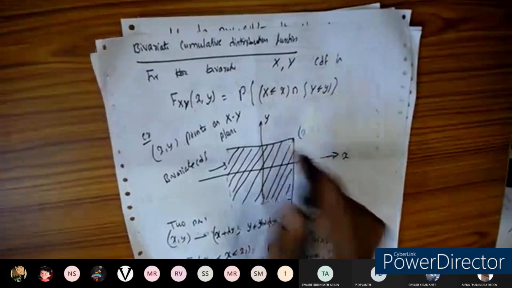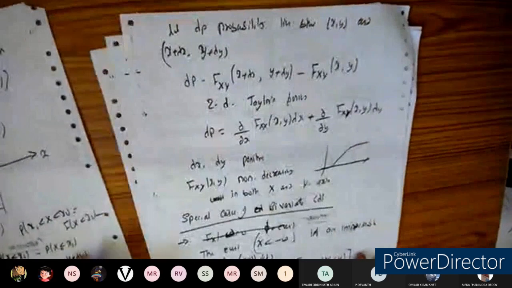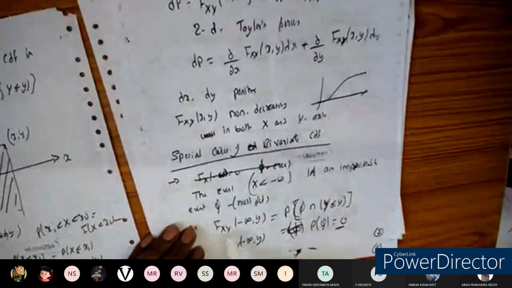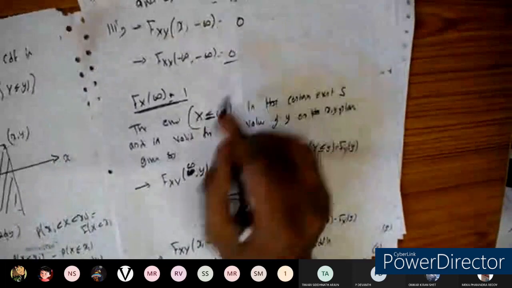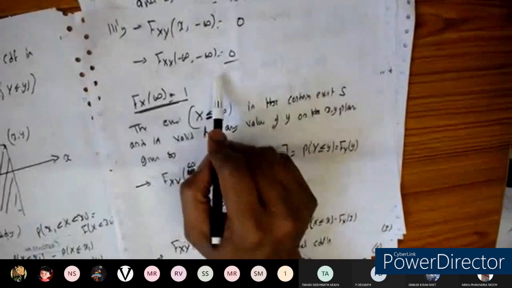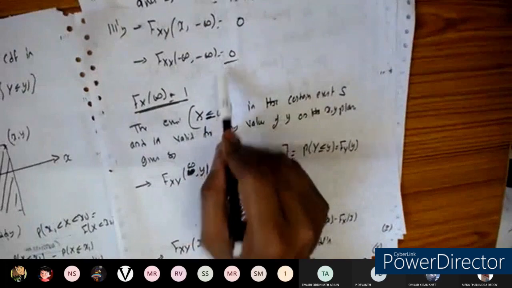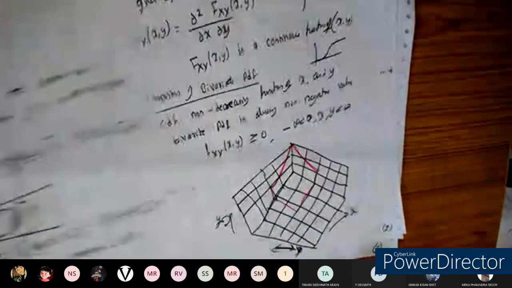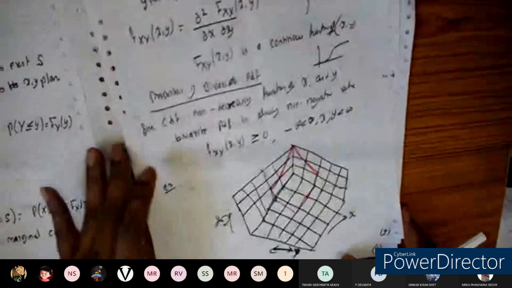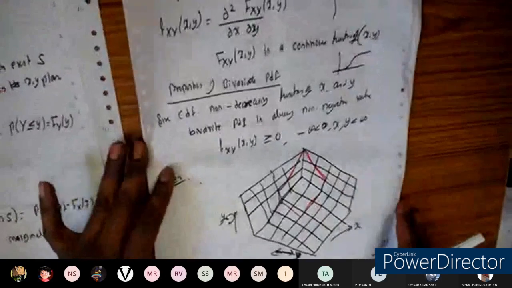The two random variables here. And we have seen the examples of how it can be taken. We have seen those examples and some properties, that is F_X of minus infinity will be equal to 0, that is a null event here. And even these two properties, which are for the single random variable, the same concept is applicable here also. And we have seen the bivariate CDF, and its derivative, which is called the PDF.